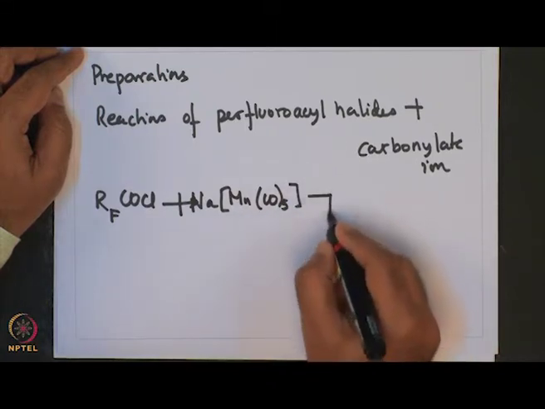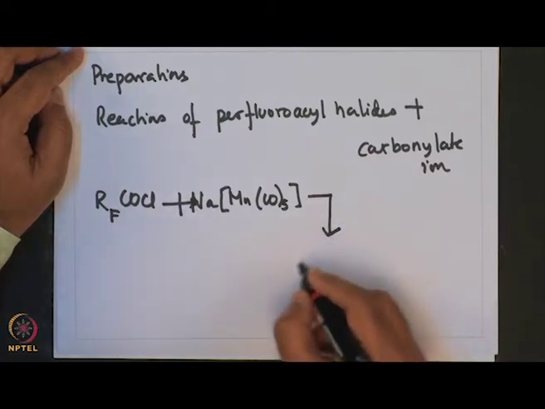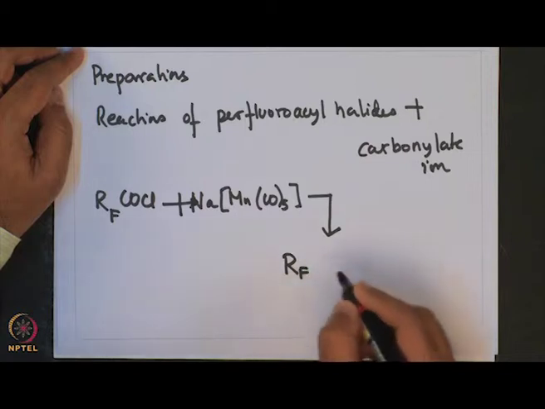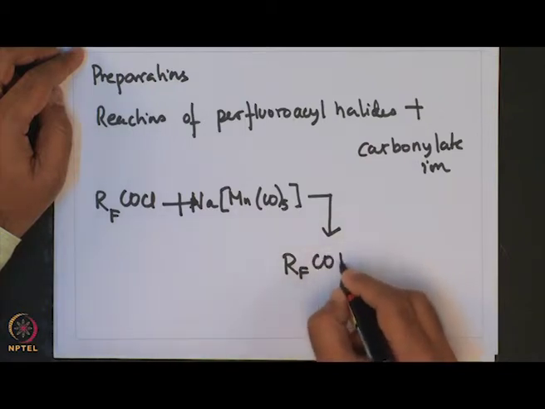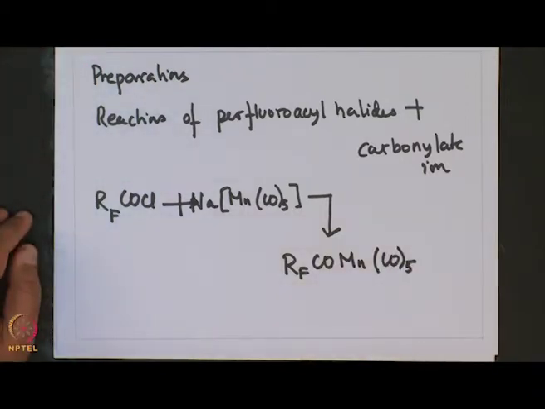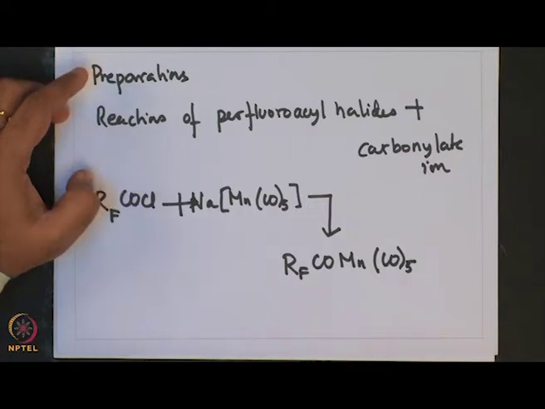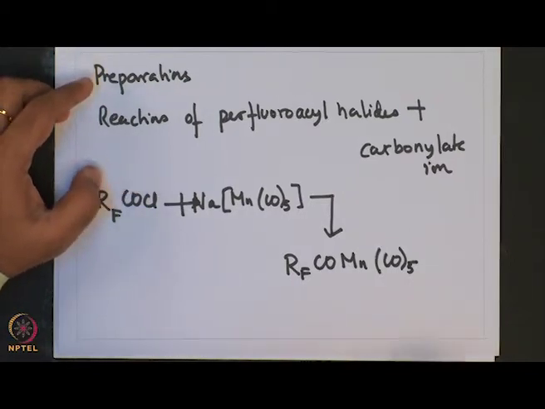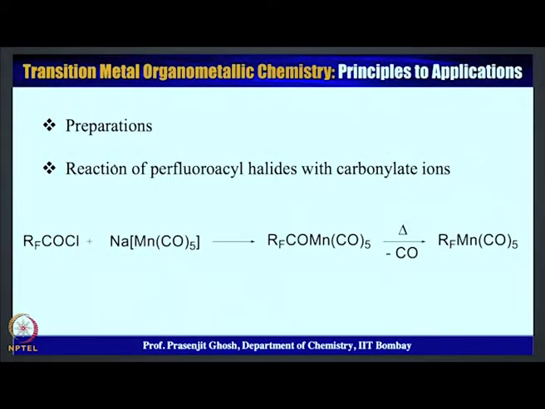Giving rise to this perfluoroacyl Mn(CO)5. Now, here one can see that this acyl group has positive charge at the carbon and the metallate Mn(CO)5 has a negative charge at the manganese. As a result, the manganese pentacarbonyl perfluoroacyl compound is formed,